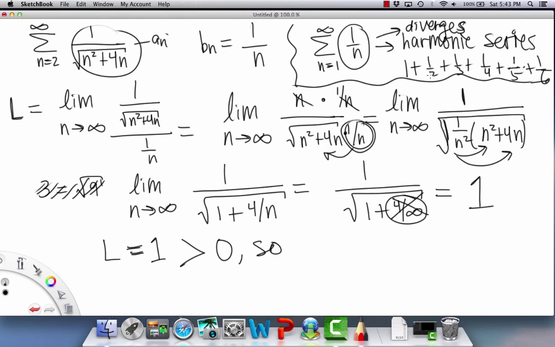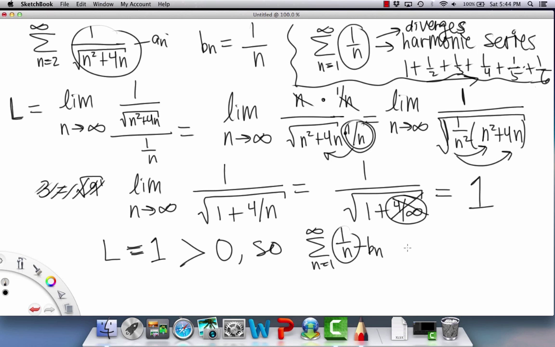But the increments of decrease don't shrink to 0 fast enough, so the sum is too significant, and it doesn't converge. So since we know that the sum from n equals 1 of b sub n, so this is our b sub n,